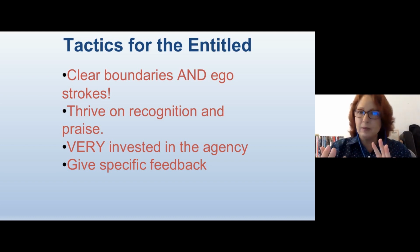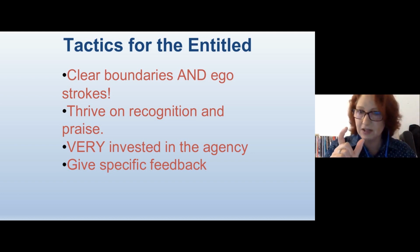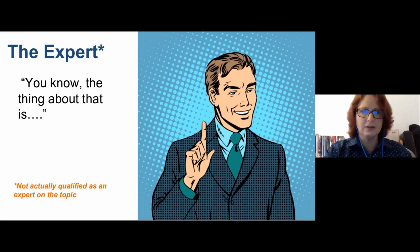Some people like the compliment sandwich, some people don't, but kind of praise their value and their ego, give a really specific piece of feedback for the incident you're dealing with, very specific instructions and feedback, and then another little praise, like, and we appreciate how invested you are with the agency, that you're so passionate about this, and we need you to not raise your voice in meetings at so-and-so, whatever the incident might be. It seems counterintuitive, but you want to pat them on the head and stroke their ego a little bit,